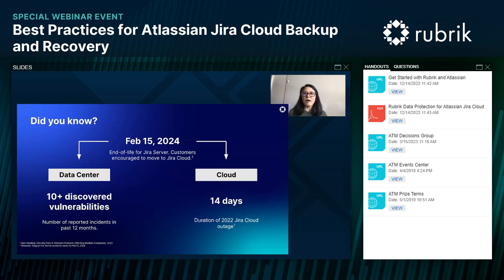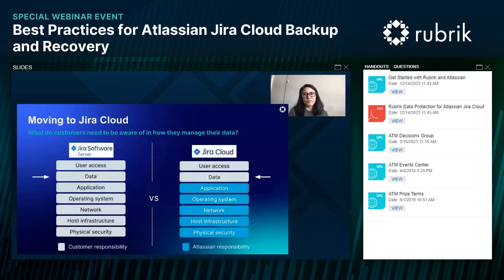And on top of that, these are only two examples, but you can also have user errors, accidental deletions or intentional deletions, data corruption. There are just so many events that can be happening. So that really makes us, either as Rubrik or as customers, really need to think about: is your data safe? How well protected is it?